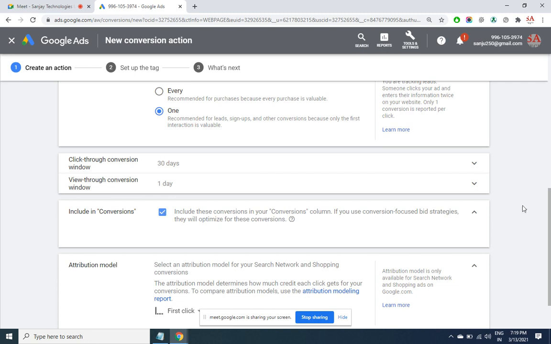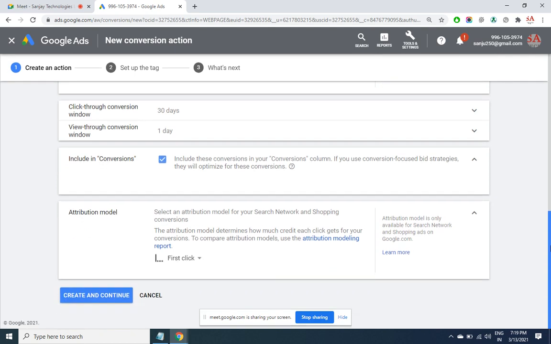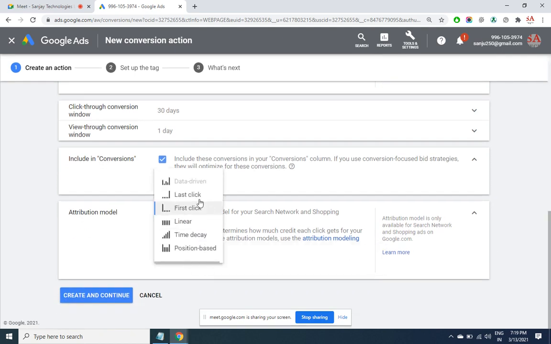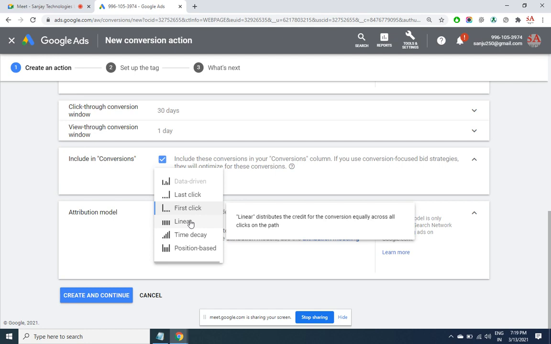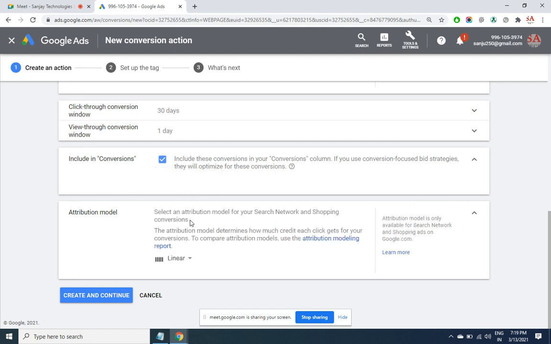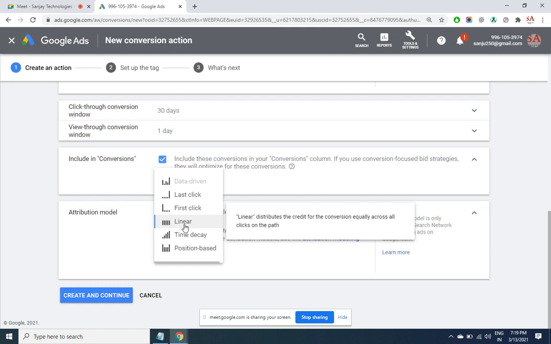Here the first click, linear. Linear means the ad click has come in Yahoo, the ad click has come here also, and the admission has come. So 0.5 credit to Google, 0.5 credit to Yahoo. It is not going to see whether it is first click or last click, because the clicks have come from both the sources, so that credit is divided. If the clicks have come from 4 different sources, Google will take only 0.25. So that's what linear means. It is not bothered whether it is first click or last click, everyone is given equal weightage.